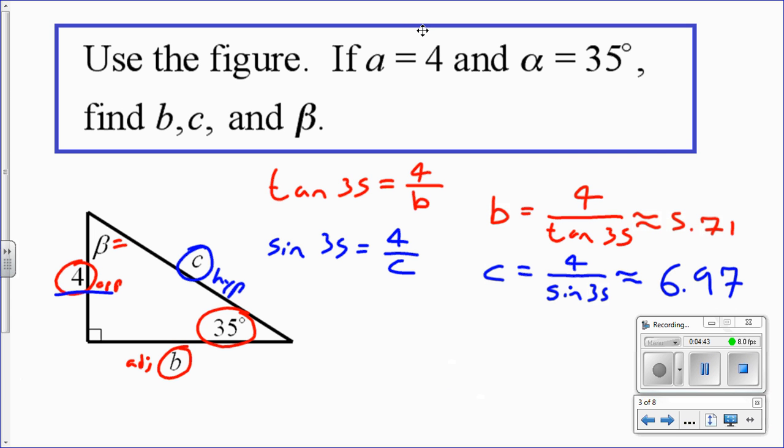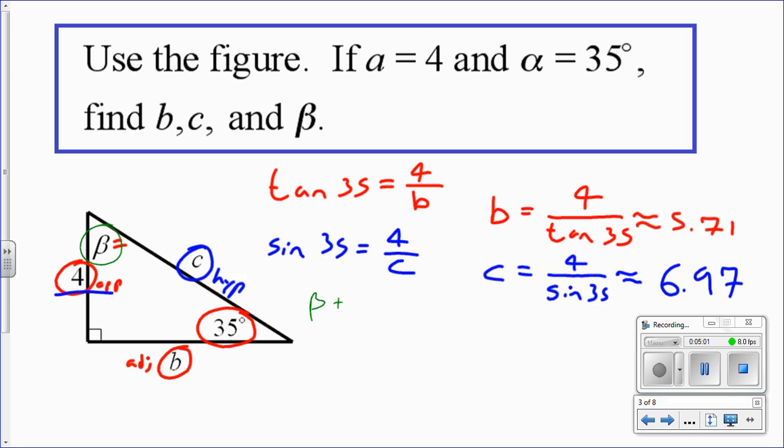So from there, I got my b and c. My last thing I need to do is go ahead and find my beta there. I think the easiest is just using our triangle sum theorem, that all three angles add up to 180. So I got